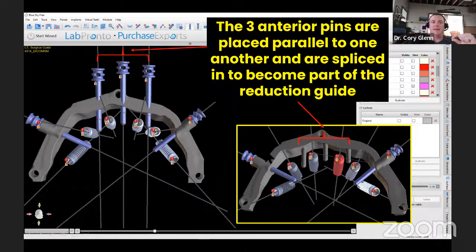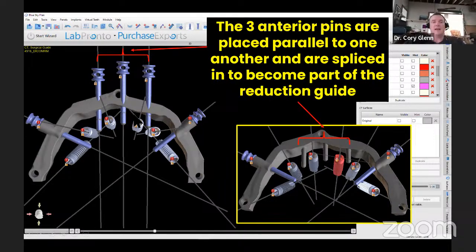And the reason for that is that it gives me some more flexibility. One, it makes the guide more stable because you don't have any wiggle between these anterior pins and the reduction guide. But secondly, I can position this and put in the reduction guide before I do extractions, but I could also do it after. Doing it after extractions is oftentimes a really valuable tool, especially if you can't strategically place implants to avoid roots. You know, if you got to drill through a tooth root, that's not fun